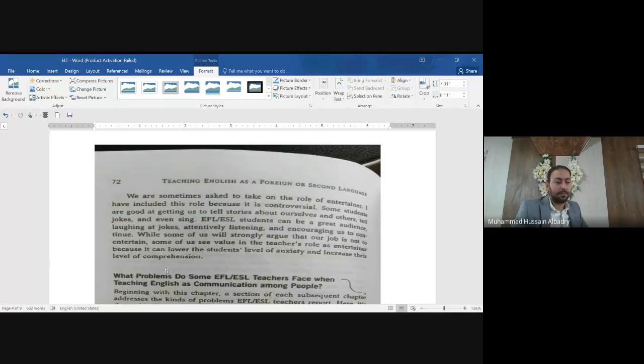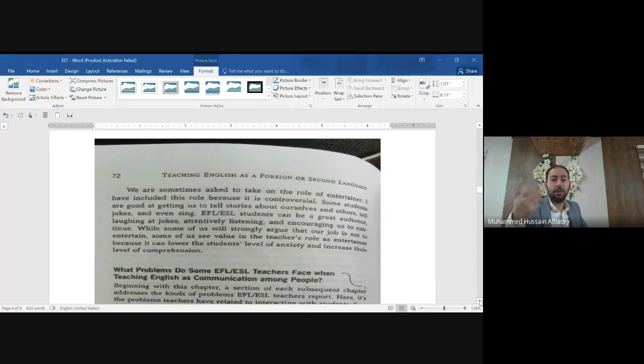Very, very important. I have a lecture on YouTube on how to control the classroom, and I talked about this point, the last point I remember, 13 points about these details. If you want to know more about this idea, you can go and see the video. So this is, in short, the roles of the teachers: the text adapter follows the text, the entertainer tells jokes, and certain points we talked about.